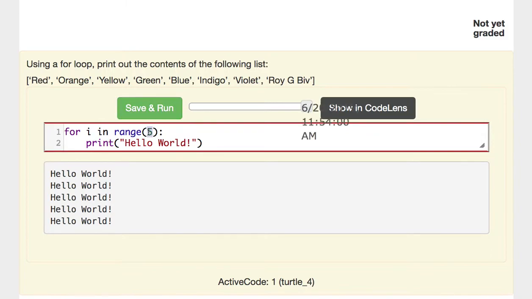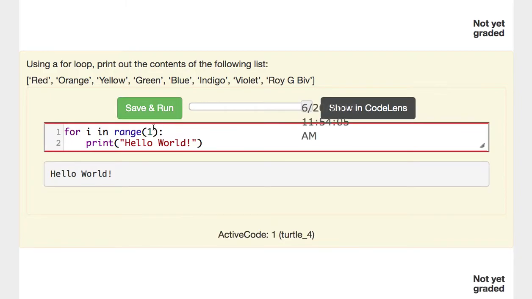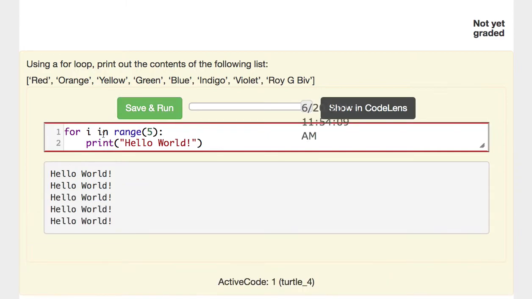Right? Now if I change this to 3, I get that. If I change it to 1, I get that. Now this is the most common variation of the for loop, right? Execute this body this number of times. The kind of for loop that this question is asking you to build is a different one. There's a different variation. So here we're gonna put a